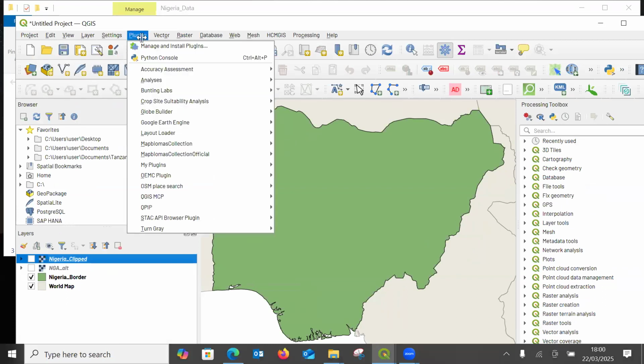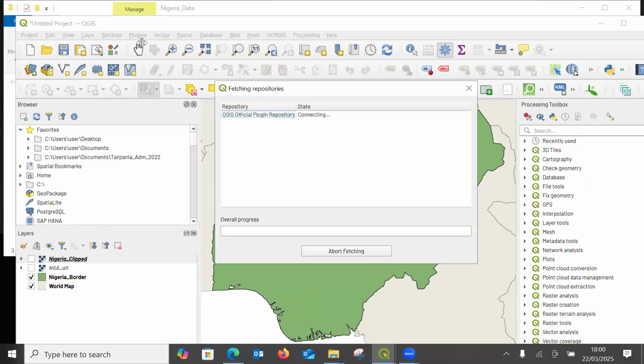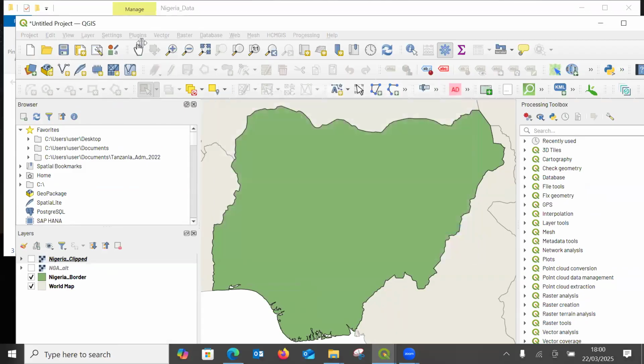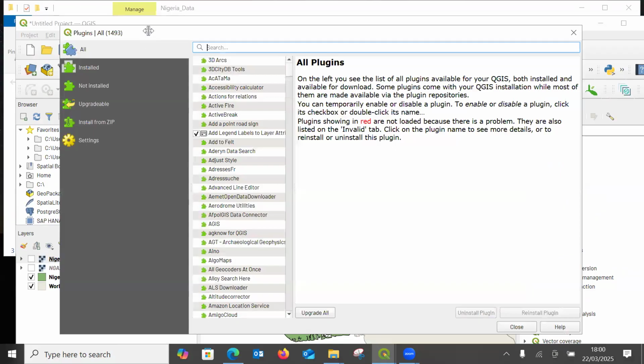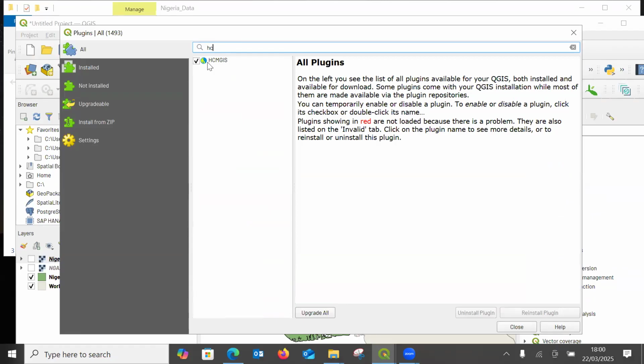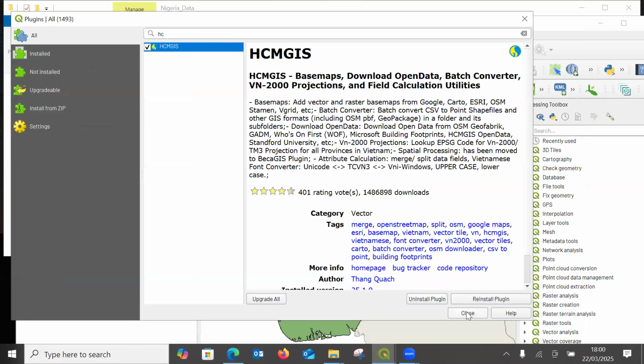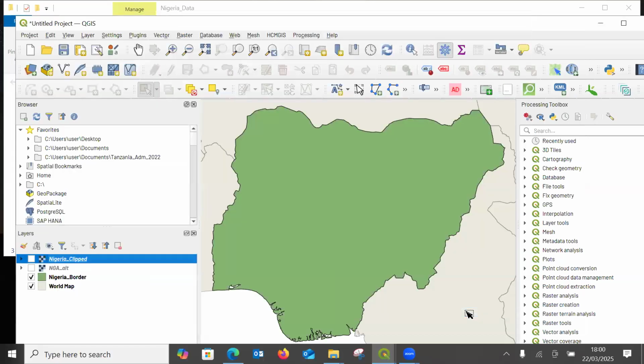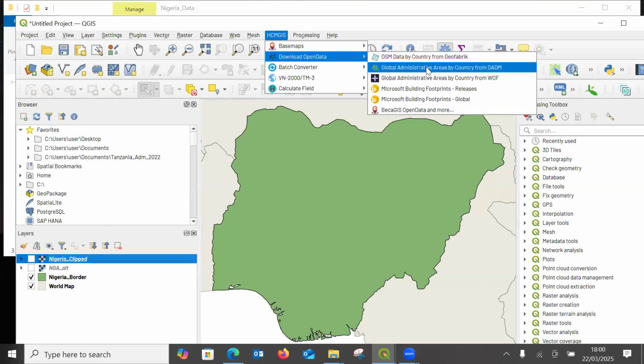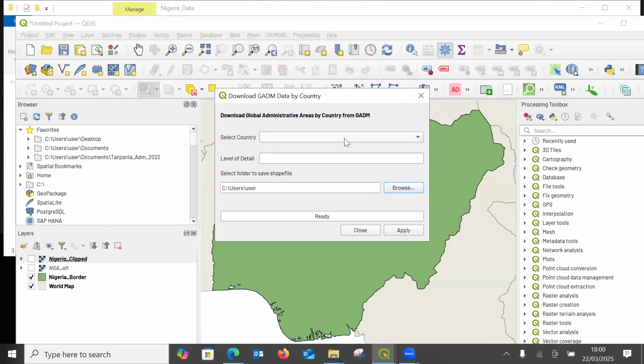I'll go to plugin and then manage and install plugin. I'll download a plugin called HCMGIS, this one right here. I'll install it and then I will press close. Now, after installing it, I want to download open data for the boundary data for Nigeria instead of selecting the country data. So I'll select the country, in which I'll select,